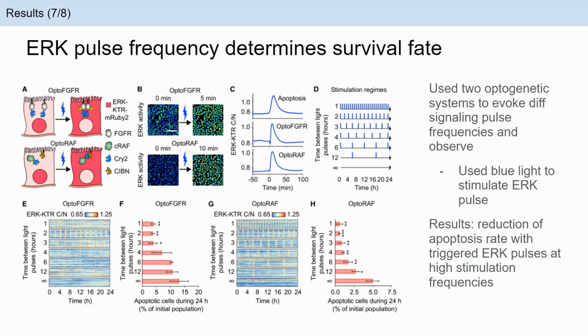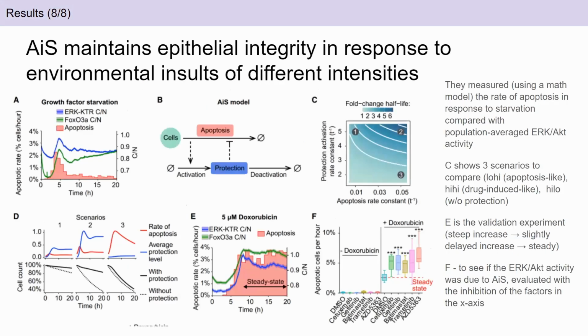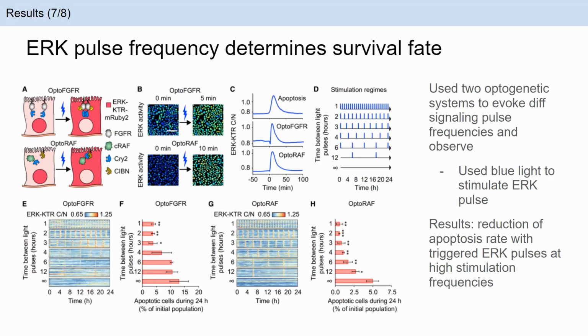They check the pulse frequency in different timelines, and from here they found a reduction of the apoptosis rate with triggered ERK pulses at higher stimulation frequency. Which means that if we induce more and more ERK pulses, the cell is more likely to survive. So they actually term this something like the